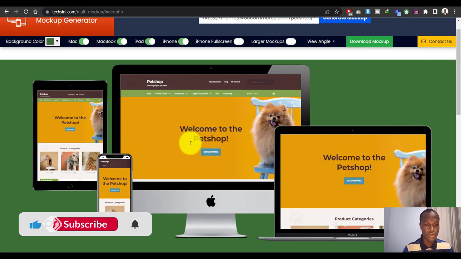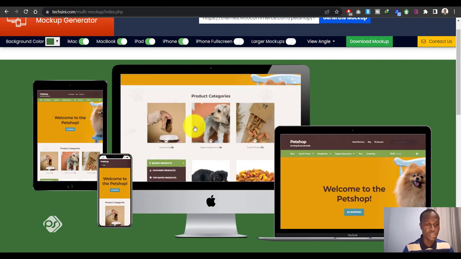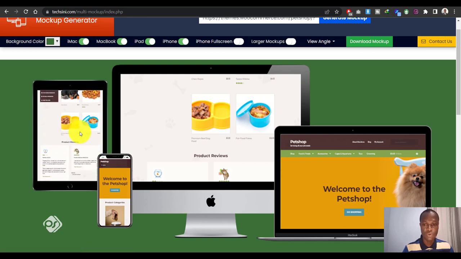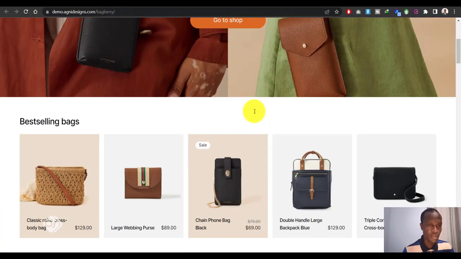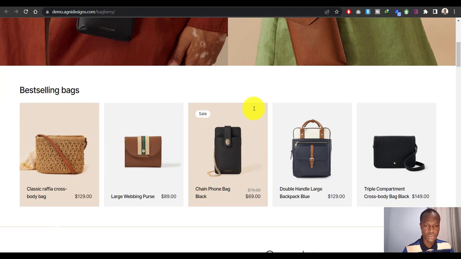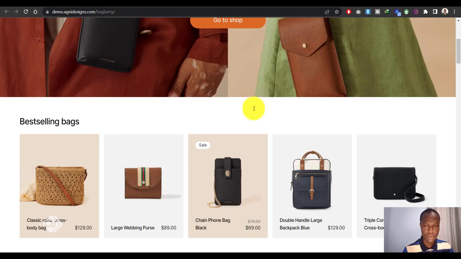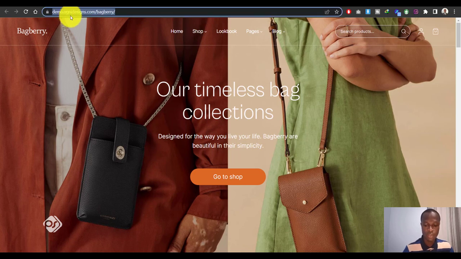So yeah, that is how you can easily create a mockup. You can even scroll through and see how it looks. For demonstration purposes, let's use another website and see how it turns out. I've opened a different website here, which looks like an e-commerce store website. Again, you can just copy the URL, head over to